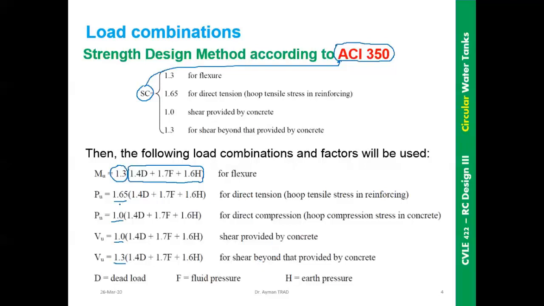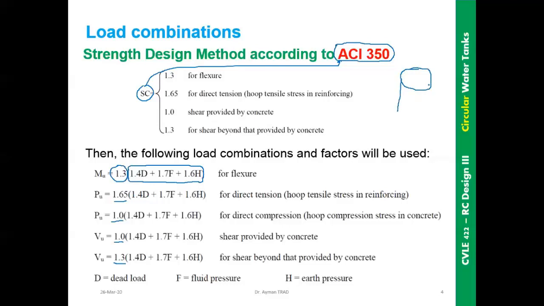Now we notice that the value of the sanitary coefficient is going to be higher when the risk of cracks is higher. So for pure tension it is 1.65. For flexure, meaning part of the section is in compression and part in tension, it is 1.3. And for pure compression it is 1. So for that reason, now we notice in all the applications of the circular tank, for example, if the circular tank is underground,